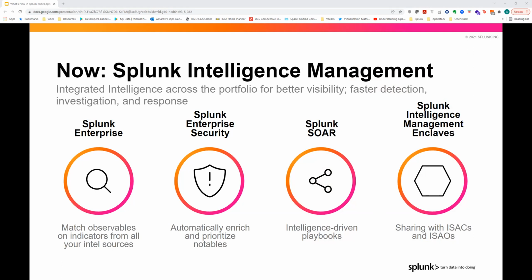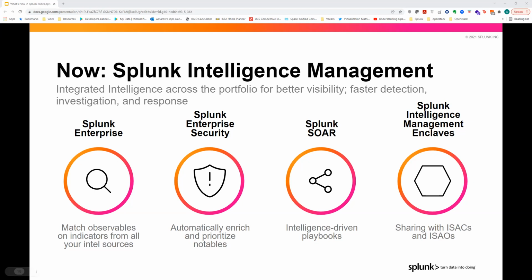It's Splunk operational threat intelligence, where we are integrating it into our security products. Of course, it works perfectly with Splunk Enterprise and ES, where we enrich and prioritize the event notables that come in the ES. And of course, for the Splunk SOAR, which we previously called Splunk Phantom, we have